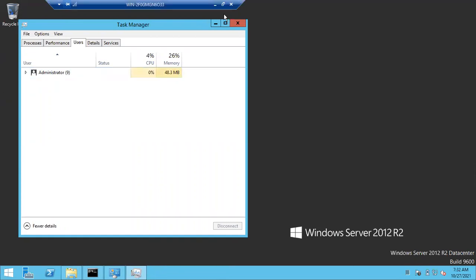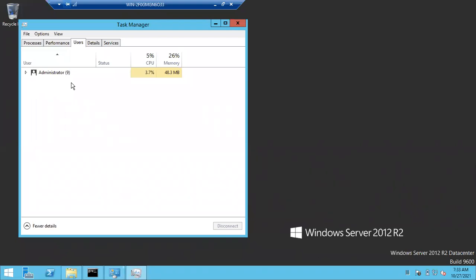Let's say for example someone from our team, Dev, is connected. If Dev is connected using his name and his password, then you can see the Dev name here. If Anis is connected, you can see Anis's name here. If Girija is connected, you can see Girija's name here.